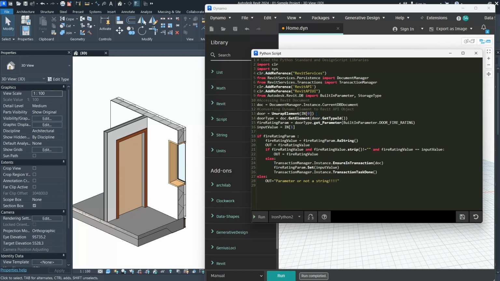Next, the key thing is UnwrapElement. Input 0 is the first input from Dynamo, a door element. We use UnwrapElement to convert the Dynamo wrapper into a native Revit API object. This is crucial because only native Revit elements can be queried and modified using the API. And the next line,